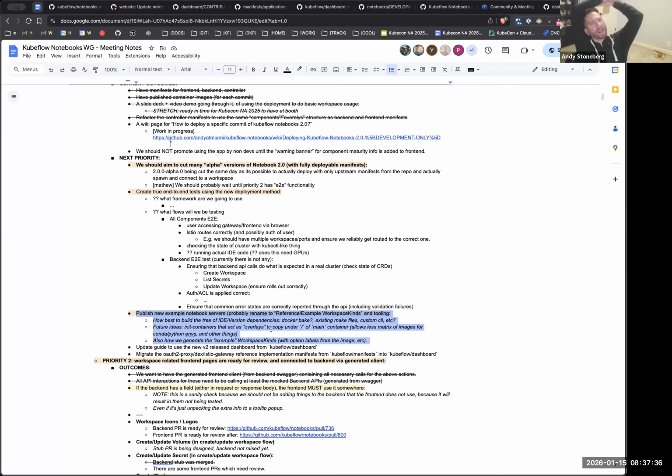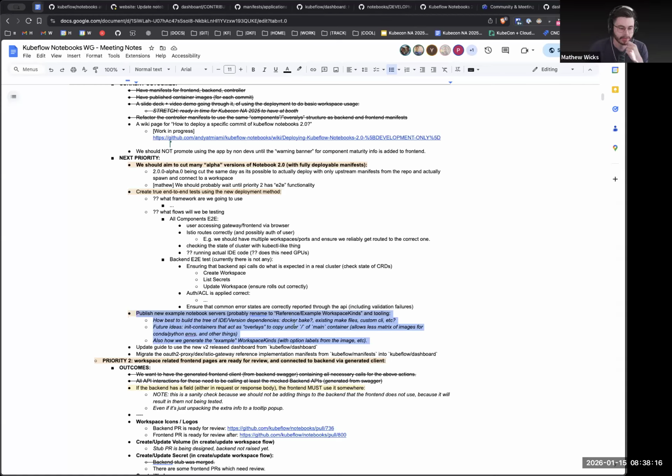Yeah, I guess I don't quite understand. I mean, it's not great, right? But fundamentally with notebooks too, you're just telling people to put your image configs in their workspace kinds, and we want these representative images out there. So I know from a beautiful user experience end to end in the Kubeflow ecosystem, this is important. But I view this as almost completely decoupled from a Notebooks 2.0 getting a release out. Where you get your images from, whether it's our legacy repo, some new shiny repo, or your own internal registry, why does that factor into our desire to get a release out initially?